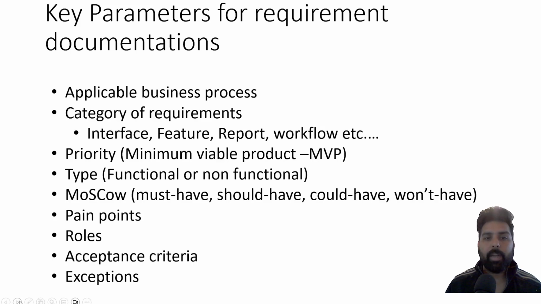Understand their pain points, and the roles and responsibilities for every requirement. Who is doing that? Is it a manager, clerk, controller, or who is doing this particular activity or who needs that requirement. What's the acceptance criteria? Try to understand clear-cut acceptance criteria,